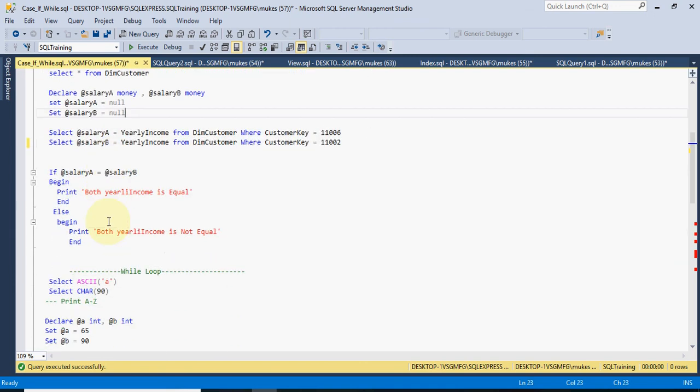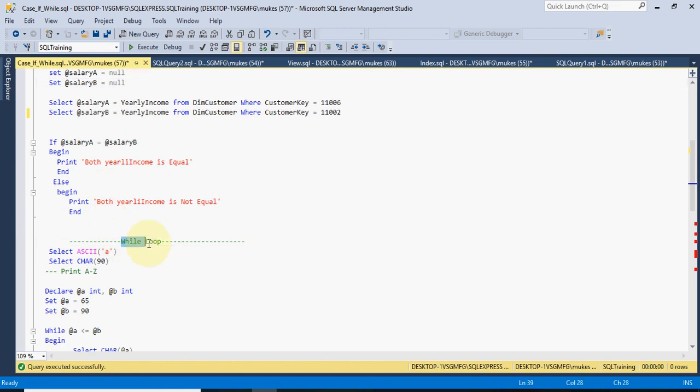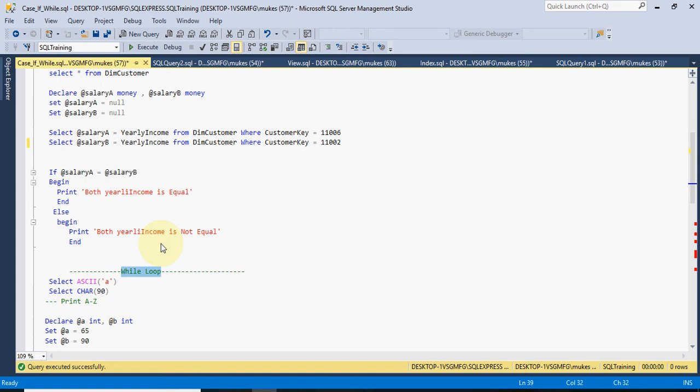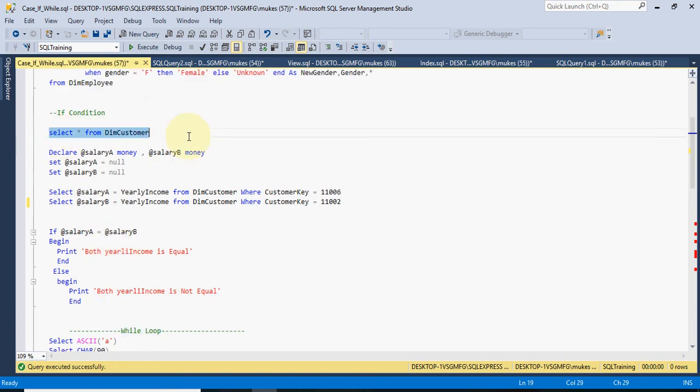Next one is the while loop. The while loop is basically used to loop over values one by one. Okay. So suppose you want to loop the value from 1 to 100, or loop over the entire table, dim customer, and check the values.